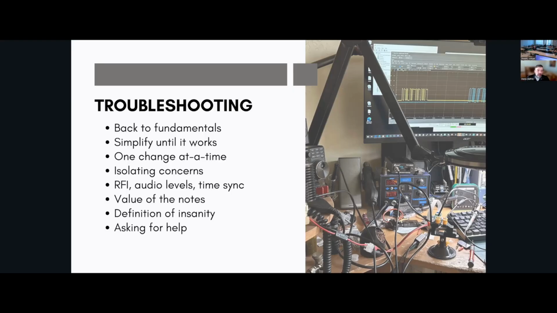So some of the issues that people experience are more exotic types, more or less obvious: RFI, audio levels, and time synchronization. Everything may be looking like it works, and then all of a sudden it doesn't. Like it's totally irrational kind of situation. What can happen is